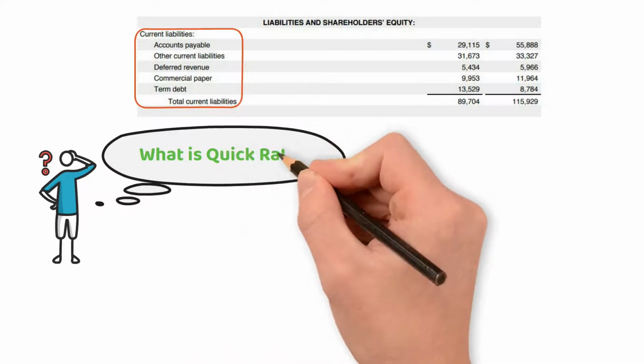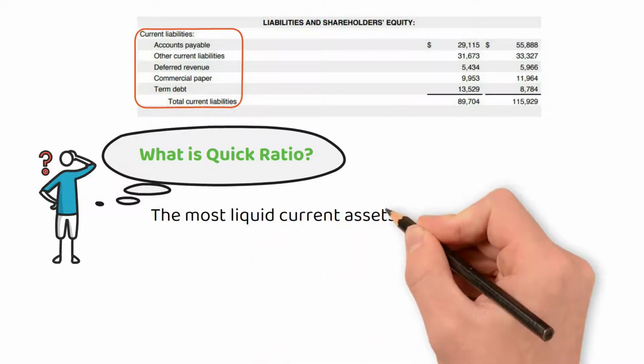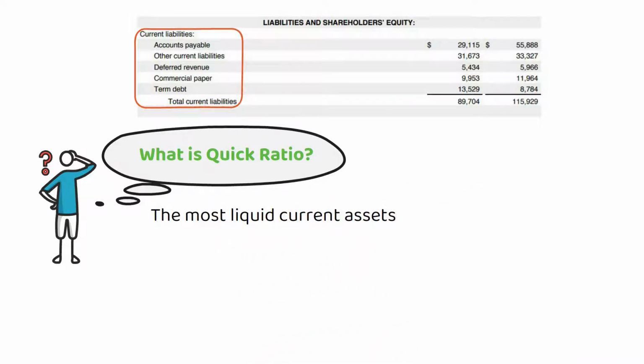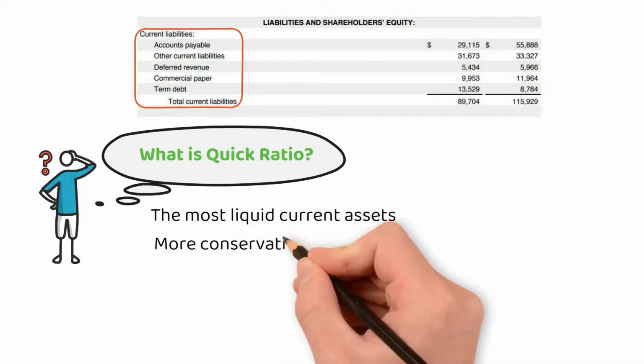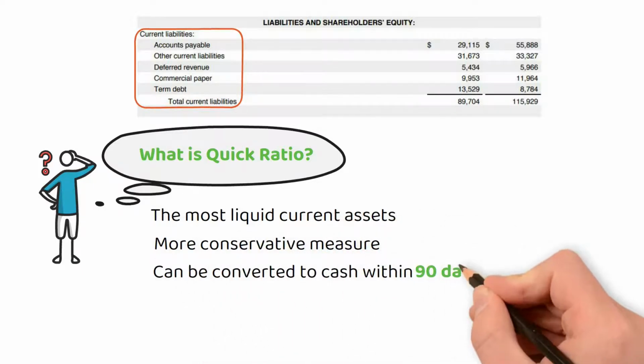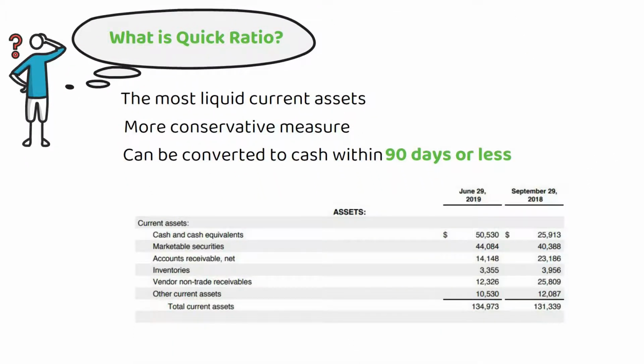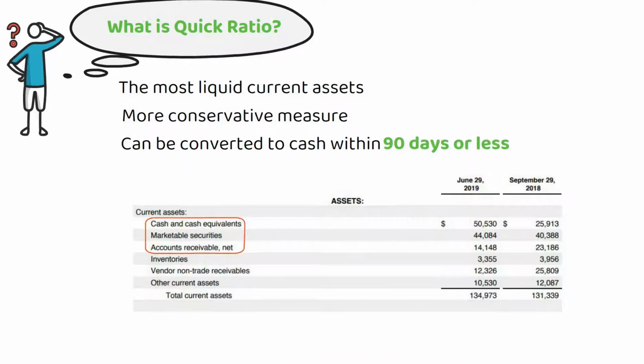What is quick ratio? The quick ratio, also known as the acid test ratio, is the proportion of only the most liquid current assets to the amount of current liabilities. It is a more conservative measure of liquidity, as it includes only assets that can be converted to cash within 90 days or less. Quick ratio equals cash and cash equivalents, plus short-term investments, plus accounts receivables, divided by current